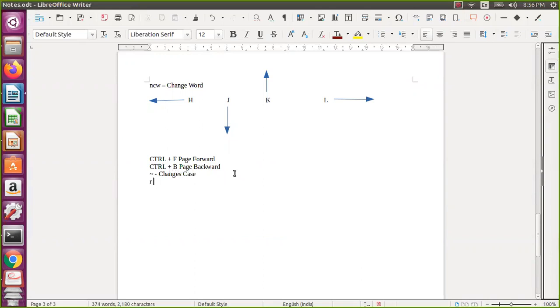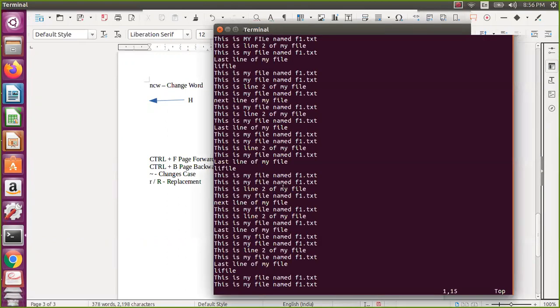And small r, capital R is for replacement actually. Small r is only one character replacement. Capital R replaces until you press escape actually. So now I am pressing r with some A. Okay, so replacing r with A.